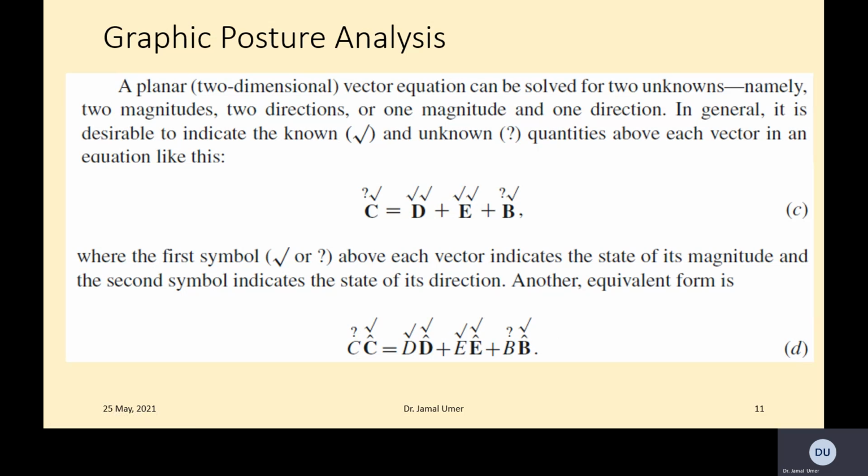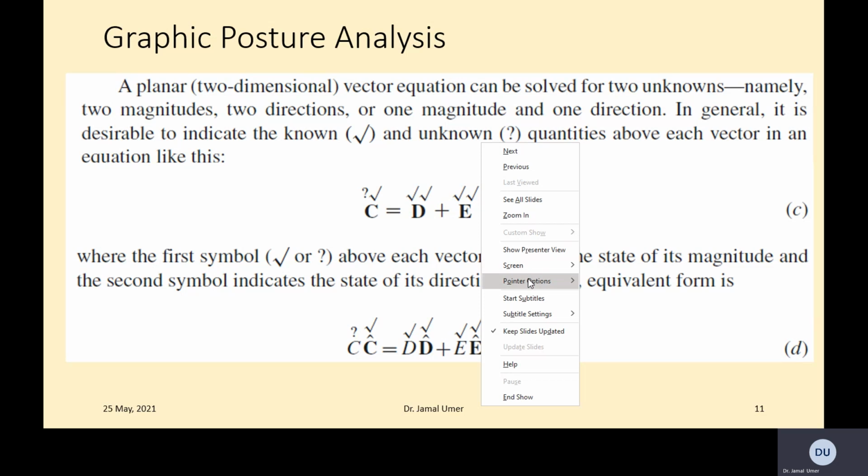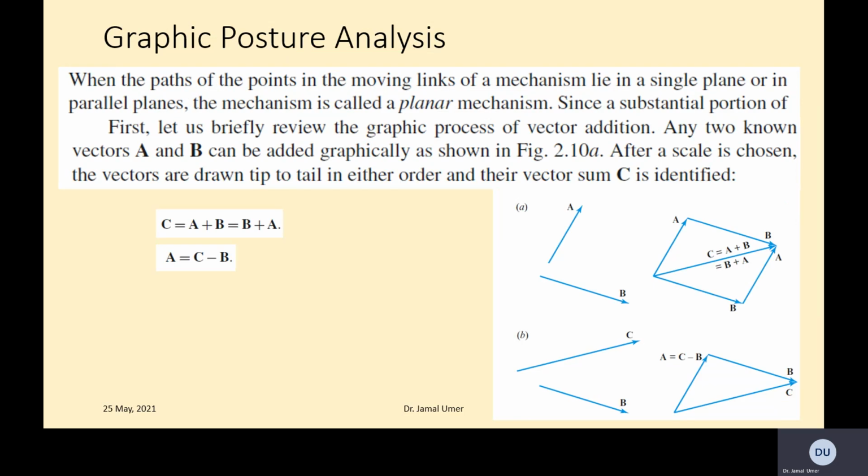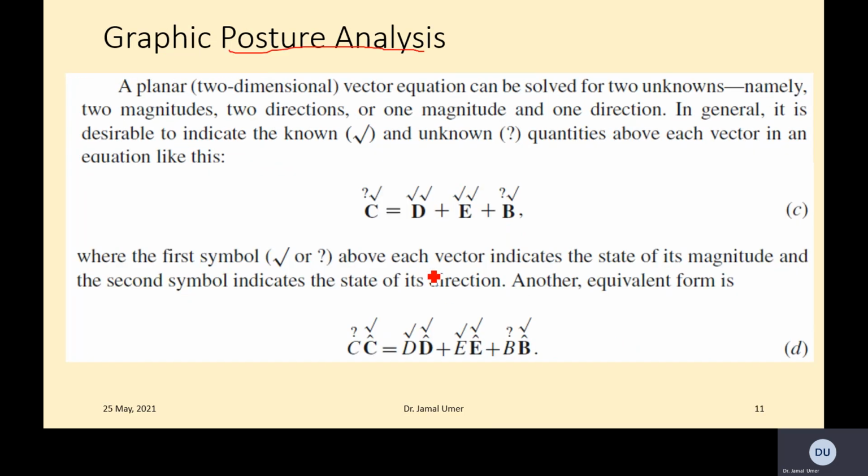In our last lecture, we were at the topic of graphic posture analysis, which is about the posture, like the distance analysis for any mechanism. And we have briefly shown, before we do the graphic posture analysis, the different vector addition and subtraction methods we have gone through already. And then it was established that a mechanism, let's say a 4-bar mechanism, can be represented as a sum